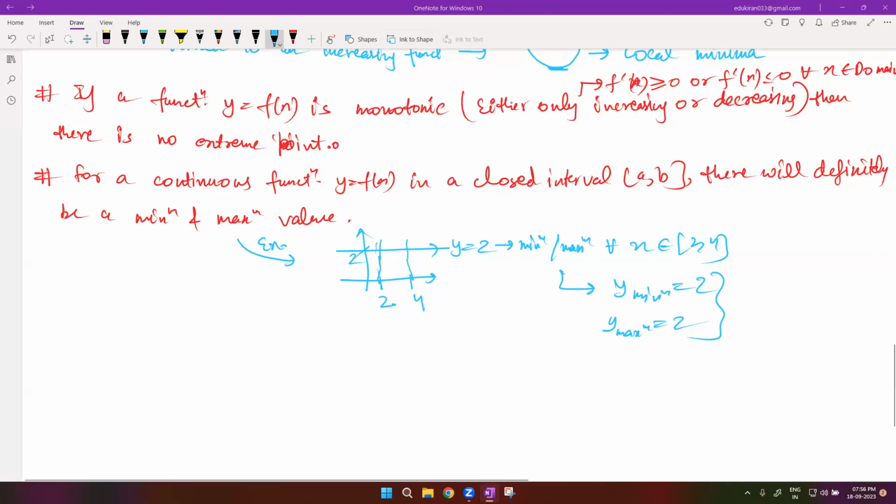So what does monotonic mean? Sorry, I did not understand. So what does monotonic mean? Okay, monotonic means either your function is only increasing or your function is only decreasing. For example, if you remember this graph, then